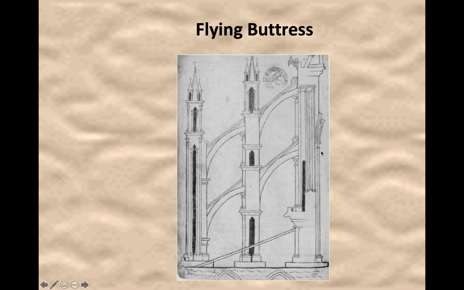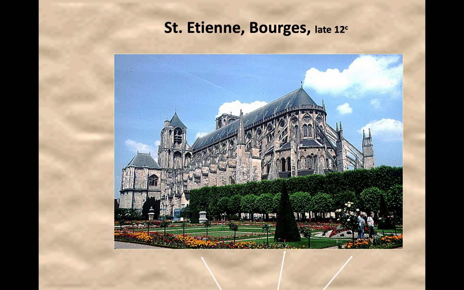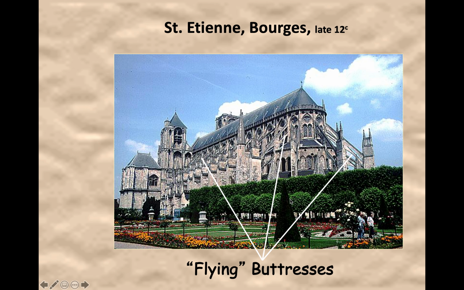The flying buttress, with Gothic architecture, allowed architects to build taller buildings. Why? The flying buttress helps distribute the weight more evenly. So you could build these tall buildings and structures, and you could see what the flying buttress is doing. It's holding this up. It's helping distribute the weight, so you don't have to build a super wide, thick wall or building. It helps distribute the weight more evenly, aka it allows you to build taller buildings. That was something new, and that was a feature of Gothic architecture.